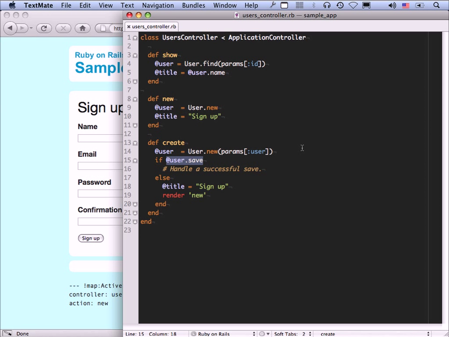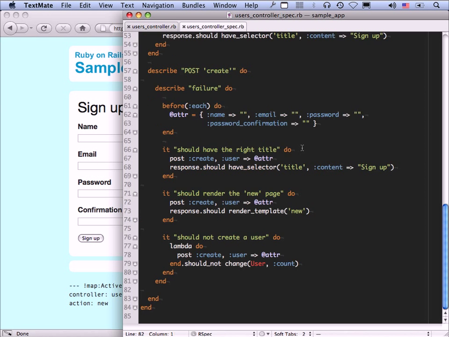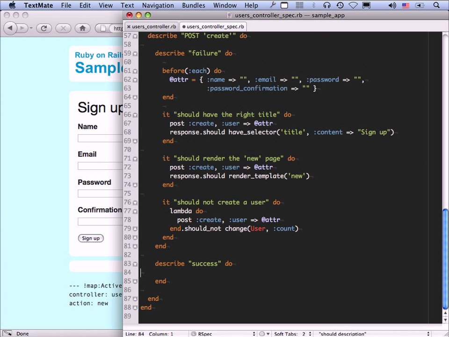Of course, as usual, we're going to write our test first, so let's do that. And what we want is a new describe block here for, instead of failure, success. We can just follow the model from the describe failure. Let's take a look at this before each block. So here is this blank or empty sign-up information. What we need now is an attributes hash that represents a valid user. So let's do that first. Let's go down here and do before each. Let's do attributes hash equals